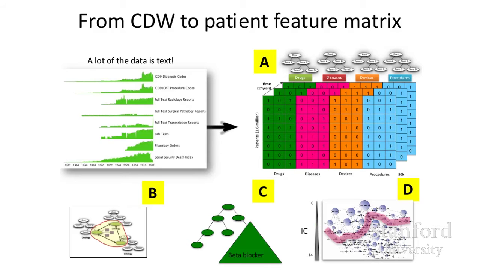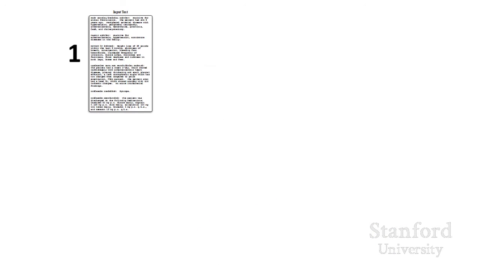And then the 4th question is, at what level do you stop? Because at the lowest level, you are very precise, but you have very few patients corresponding to that particular item. And at the root node, you have drugs, disease, procedures, device, which is not that useful. And figuring out the right level is an important decision to make in the analysis. So to make these 4 decisions, the way we approach them is to start out with lots of unstructured